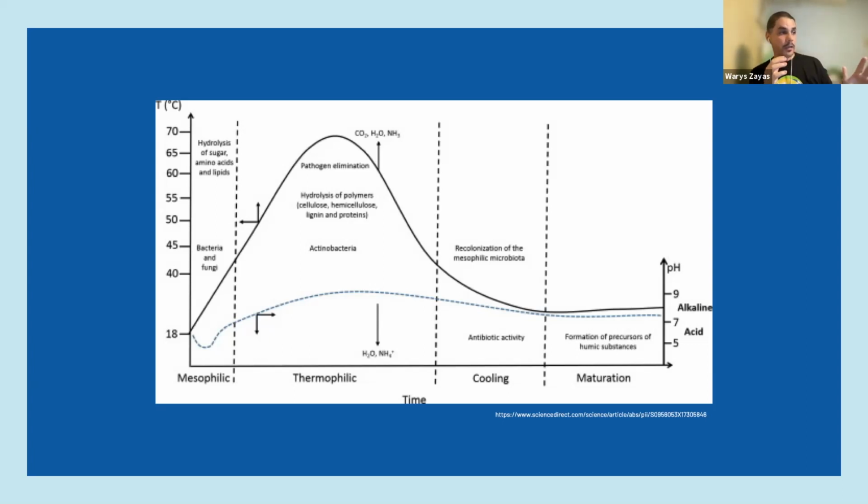As well, in that phase, from the cooling to the maturation stages, we will see other decomposing animals getting into our compost. Some insects, sometimes earthworms, many other animals are getting there because they naturally perform that function in the natural cycles of organic matter decomposition, right? So it is normal to find them there.